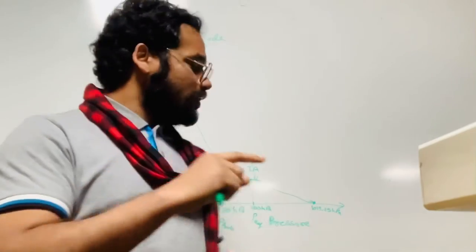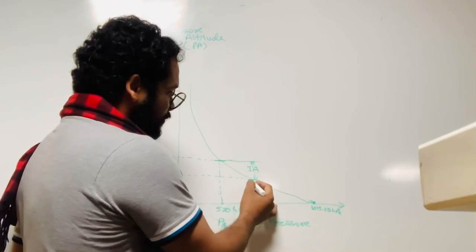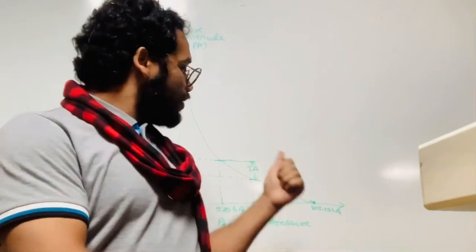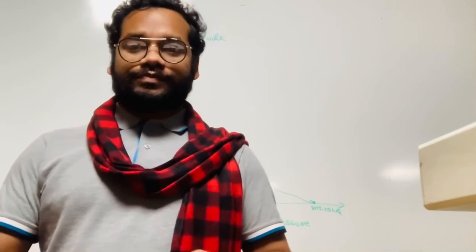So what we have learned is, first, the only input to the altimeter is the ambient pressure or static pressure. Second, pressure altitude is the altitude measured using pressure, and indicated altitude is the vertical distance between these two pressure surfaces, the reference pressure and the ambient pressure. So I hope you are clear with what an altimeter is, how it operates, how it indicates the altitude, and also what pressure altitude and indicated altitude are.